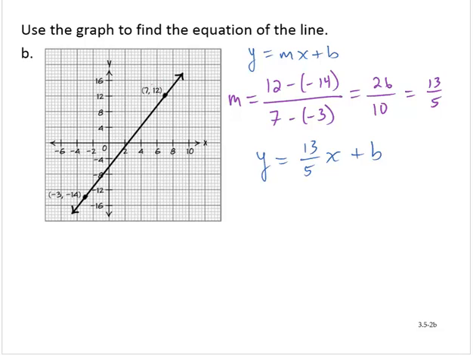Now, choose one of the points on the line. I'm going to go with (7, 12). So then my y value, 12, would equal 13/5 of 7, plus b. 13/5 times 7 gives me 12 equals 91/5 plus b. Subtracting 91/5,